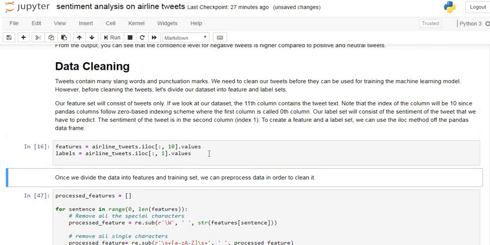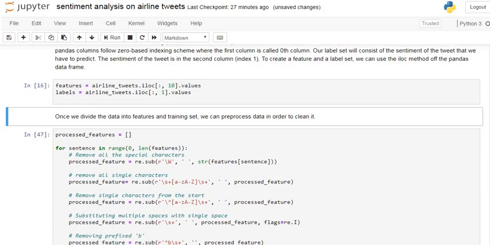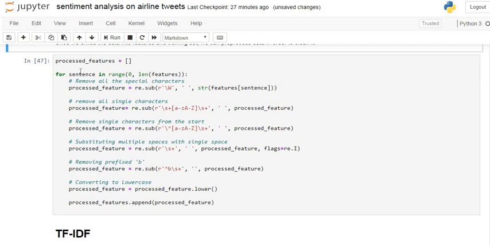Now once we divide our data into features and labels, we can pre-process data in order to clean it. For pre-processing, we use this code. We first make a list of pre-processed features, from 0 up to the length of features. First of all, we remove all the special characters in our tweets. For that, we apply this command re.sub, with these arguments inside the bracket for removing all special characters.